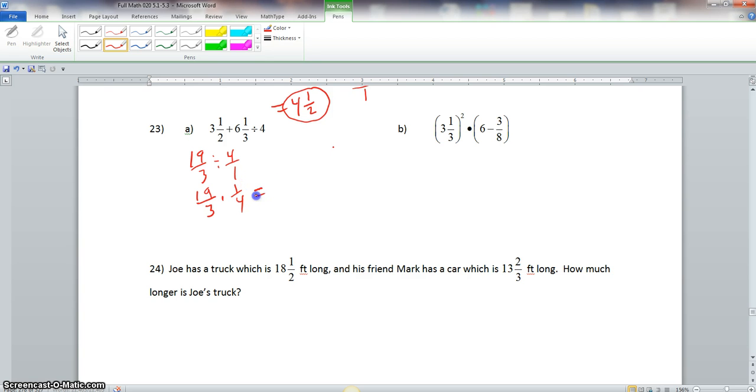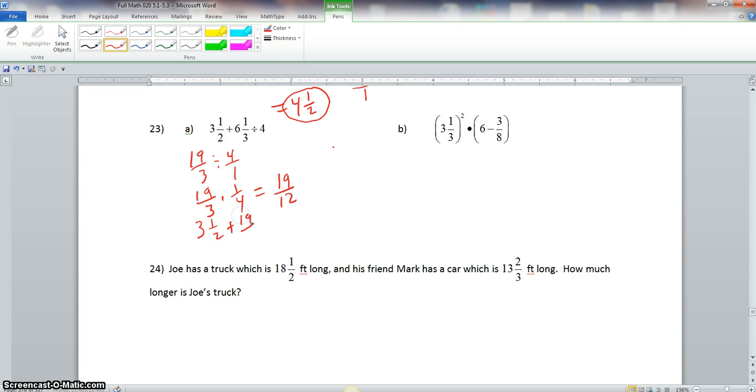Now, the prime factorization of 19 is just 19. And we know that 3 and 4 have nothing in common with 19, so we multiply them. 3 times 4 is 12. So, this is what 6 1/3 divided by 4 gives us. But we have to bring down this 3 1/2. So we'll have 3 1/2